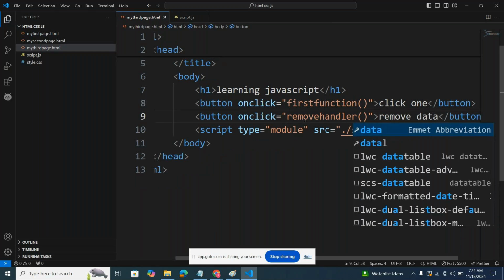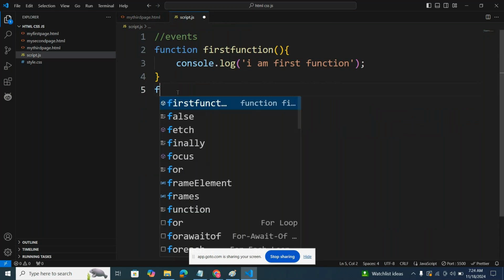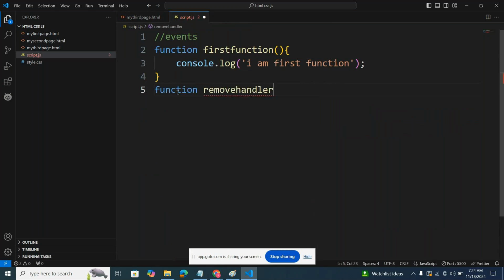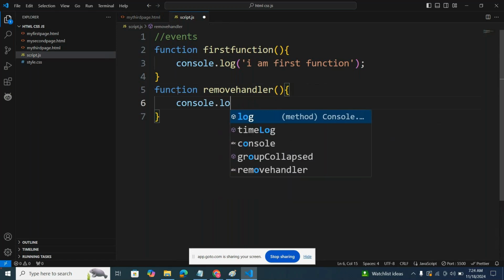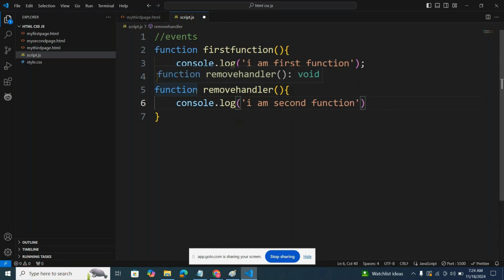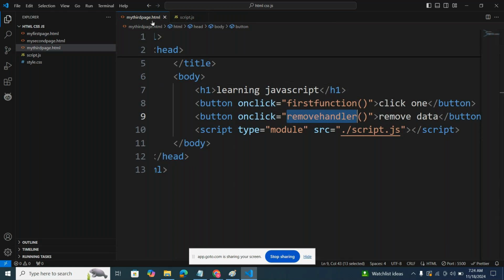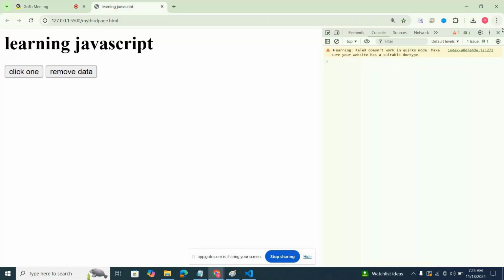Just I'm clicking this remove handler. I am calling the second function. On click of this particular button, immediately the second function will be called. You can see the remove handler button. See, just I'm clicking once. Immediately we'll get